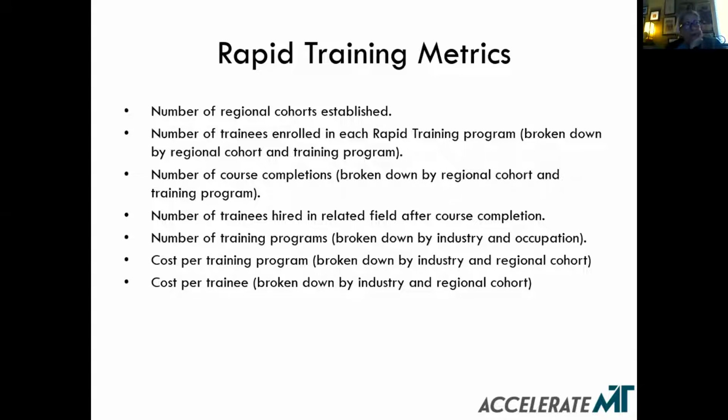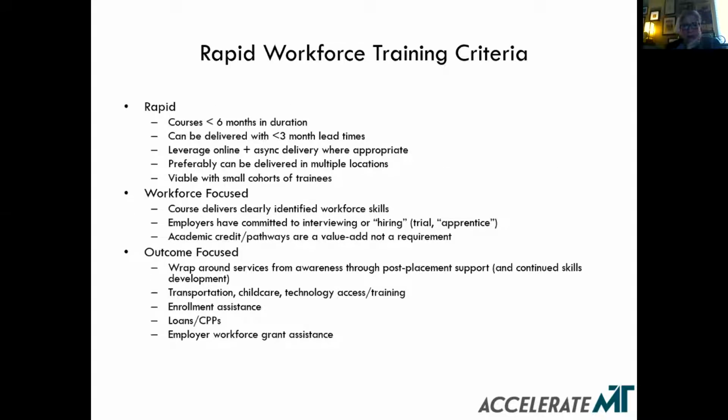Rapid training metrics, these are the metrics we've been provided by the state that we have to report on. As any of you know, with grant funded activities, we've got to make sure we're reporting our progress. So to the extent we're engaging with partners across the state and distributing funds, we're going to be having expectations on you or the organizations we're working with to help us track and report these metrics. They're not complicated. It's essentially, let's get people into these training programs, let's get them into the jobs, let's track those outcomes.